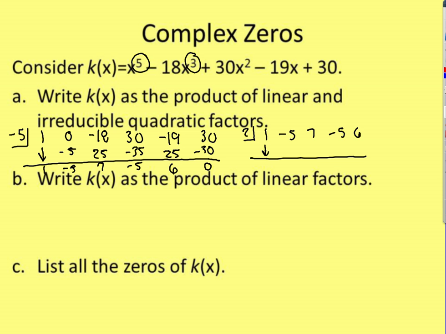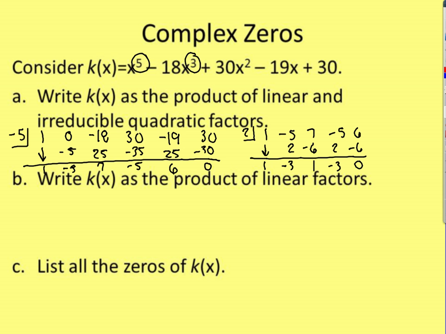So if we bring the 1 straight down, 2 times 1 gives us 2. 2 times negative 3 is negative 6. 2 times 1 is 2, and we do get a remainder of 0. So we do know that that is a factor. And if we check one more time